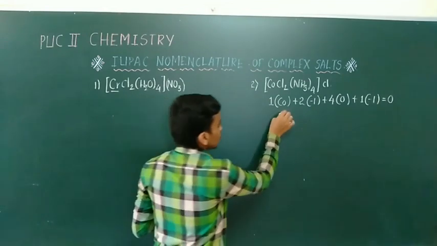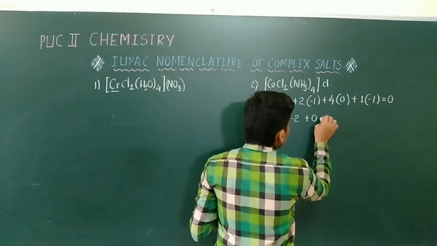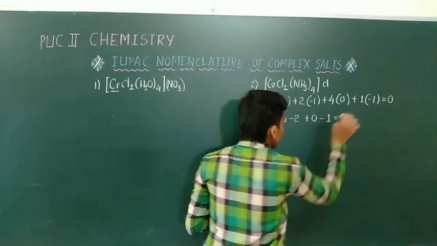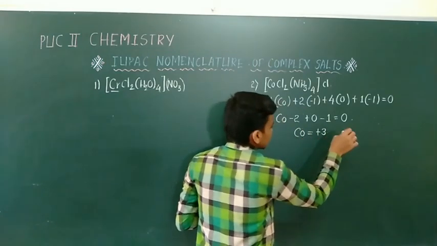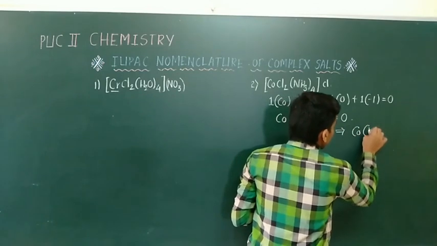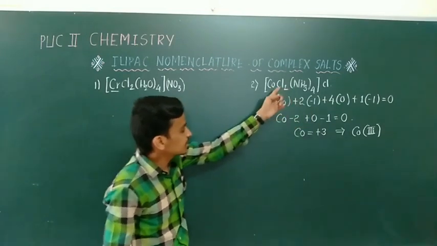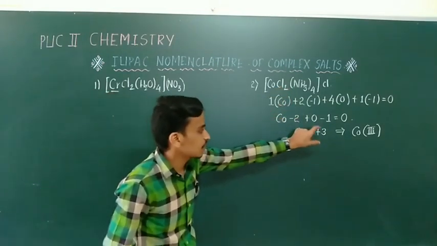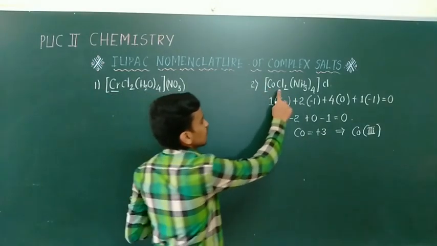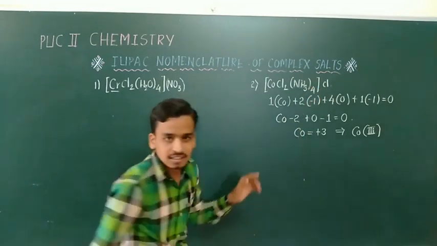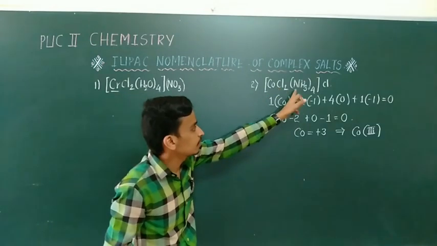Going into cobalt, there is cobalt only and it is -2 and this becomes the 0 and it becomes the -1 is equal to 0. Then finally you are getting the Co as +3 and that is represented as cobalt inside the parenthesis Roman letter 3. Therefore charge present on the cobalt is 3. After identification of this charge, then you can move on to the IUPAC naming. In IUPAC naming you already know, for the complex ion first we have to arrange the ligands in the alphabetical order. Here chlorido is there, and here ammine is there.